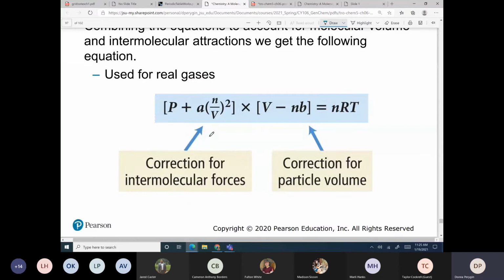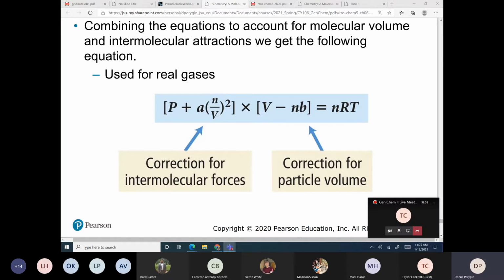Instead of PV equals nRT, we have P plus some intermolecular forces term, times V minus this particle volume term, equals nRT. Basically it's a correction factor for the pressure and the volume as we reach higher pressure and